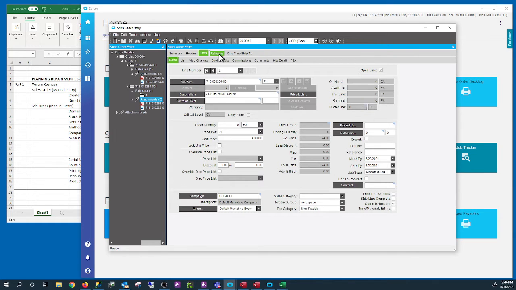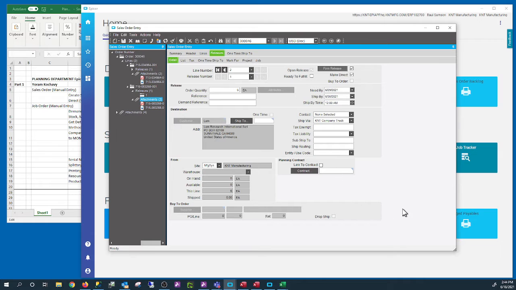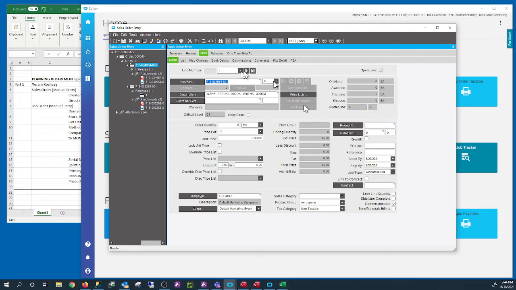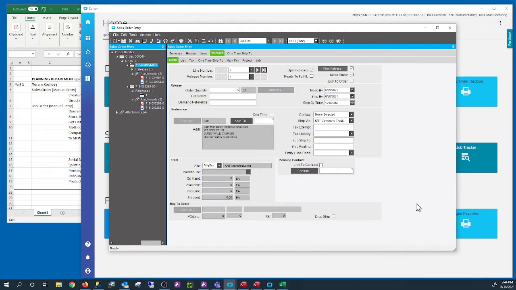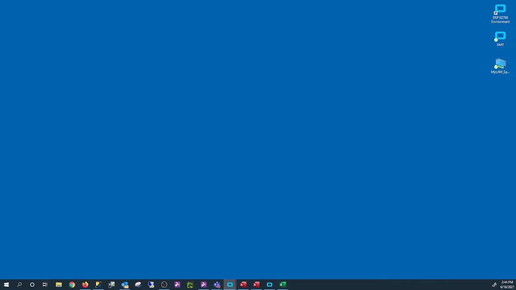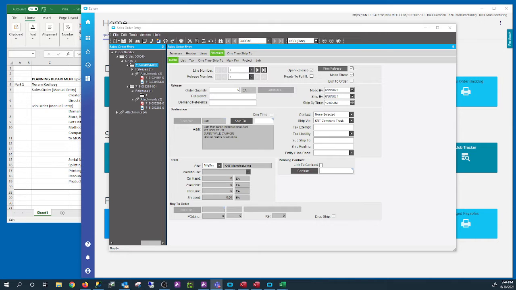Do we want to create a release per line? So we have the release. At this point, we have one release for each line. A release is the schedule of delivery. It's delivered according to what we specified the need by and the ship by. But we can split it if we have a quantity bigger than one. We can split it and say I want to deliver it not together, but in parts. So I can say that we have 6 in total, but I want 3 on one date and 3 on another date. So what we can do is create a new release.